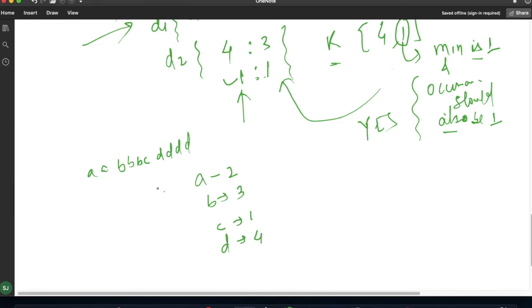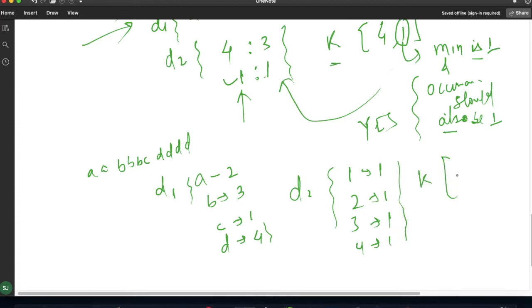Now this is my d1. Now d2 will be, these will be my keys: 1 has occurred only one time, 2 only one time, 3 one time, and 4 one time. So my k will have the values 1, 2, 3 and 4. Now this is impossible. We cannot remove any one of the values. So my k should only contain two values to return yes.